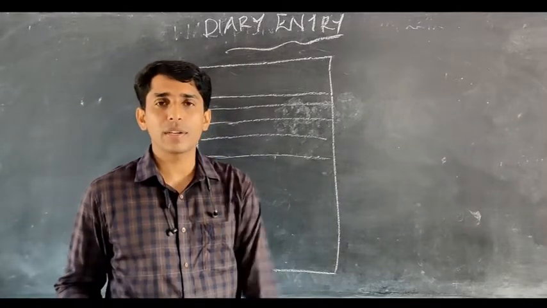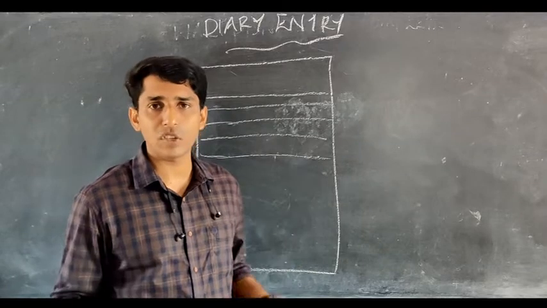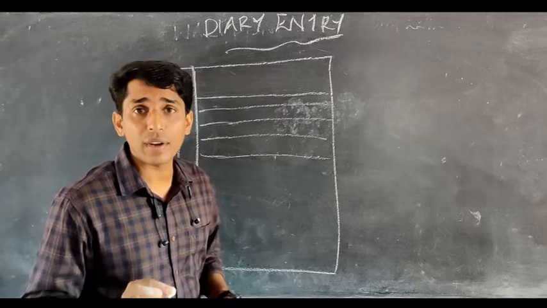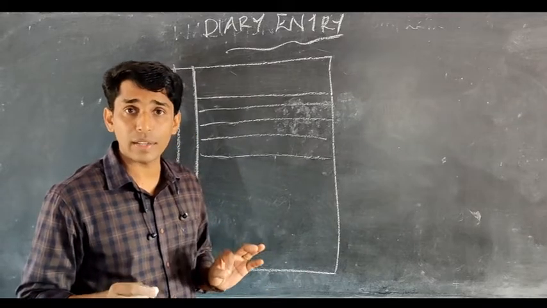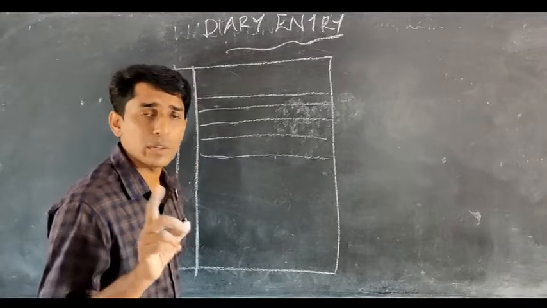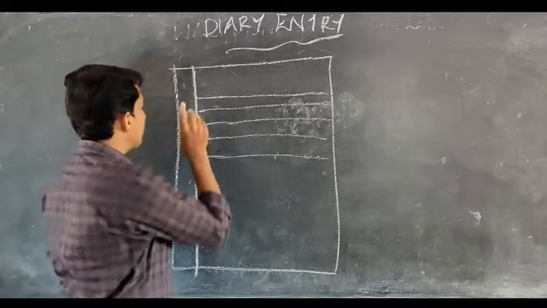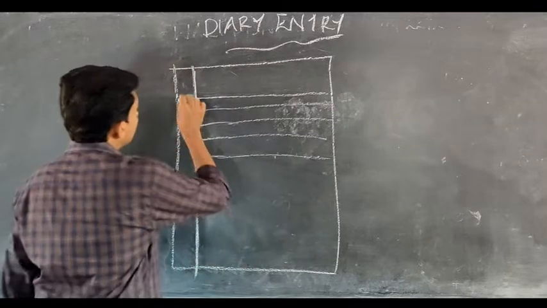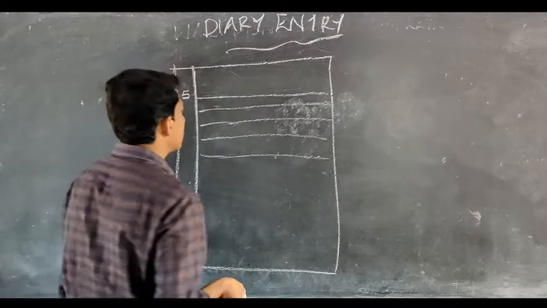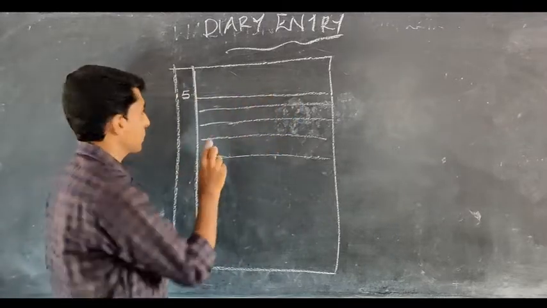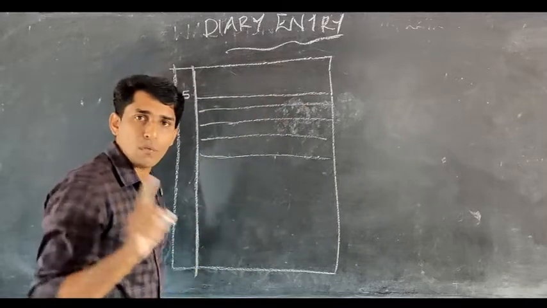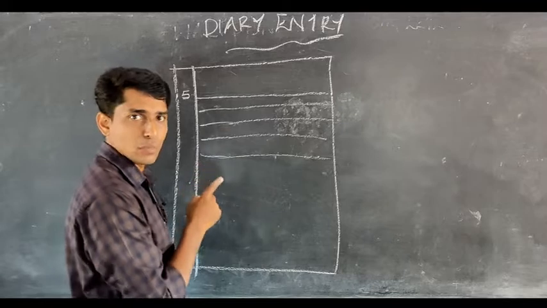Even in the notebook, I will give you a topic. You have to write a diary and show me. Just think, today you are writing a diary. Today the date is 30th. So on the first page, imagine in the question paper you are writing, this is the 5th question. This is diary entry. You need not put it in a box. It's not a box. I just drew an example of the answer sheet, the notebook page.